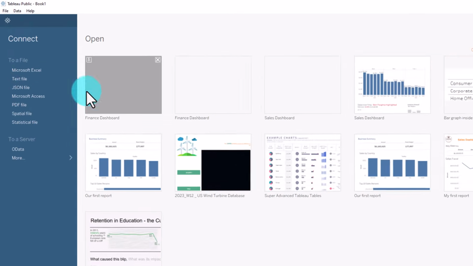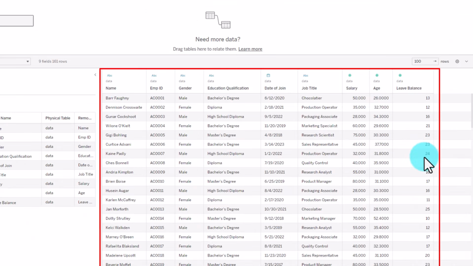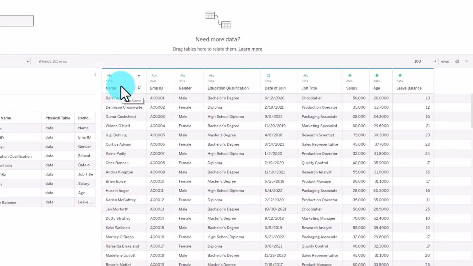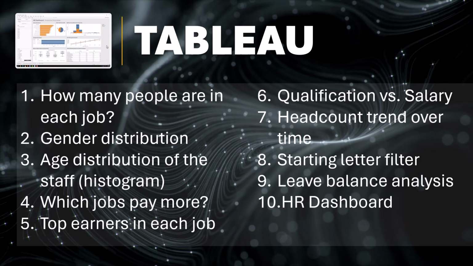To begin with, we are going to get the data from our Excel workbook here. This is the data that we will be working with. It is the employee data of the fictional Awesome Chocolates company. Here we have got name, employee ID, gender, qualification, date of join, job title, salary, age, and leave balance. And we are going to look at these 10 analysis themes and figure out how to use Tableau to make